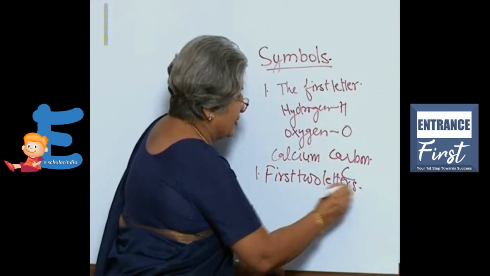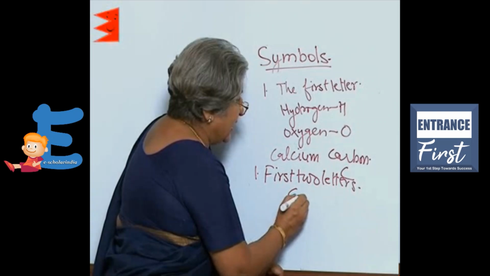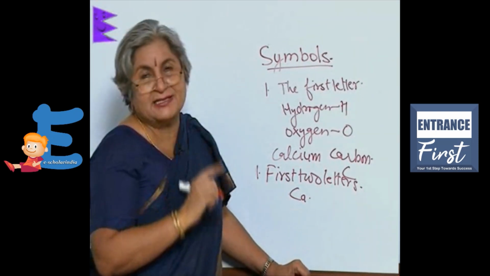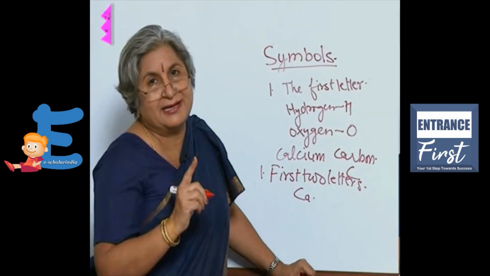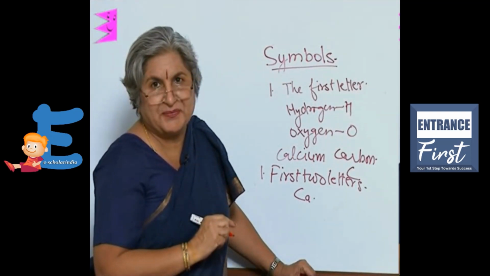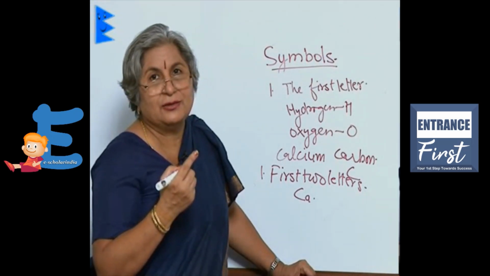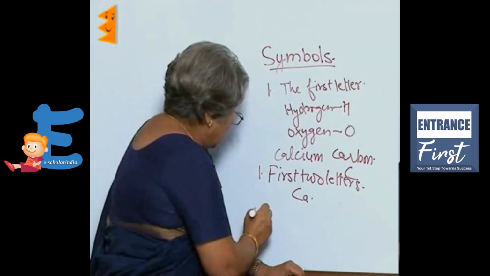So in the case of calcium, it becomes Ca. But if you notice carefully, the first letter is in capital and the second letter is in small case. So like this, the second thing they used was two letters. Now,